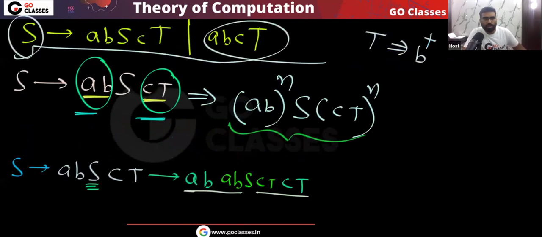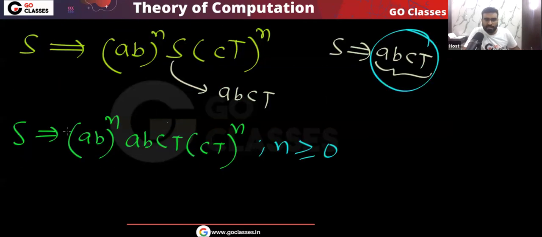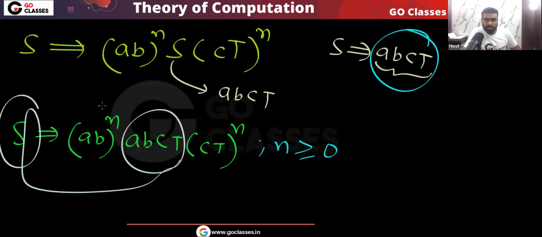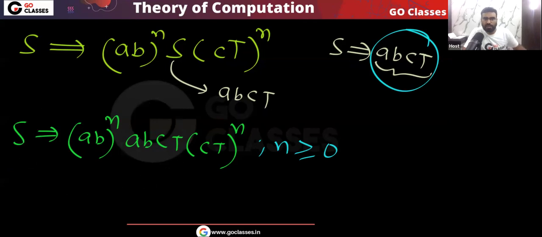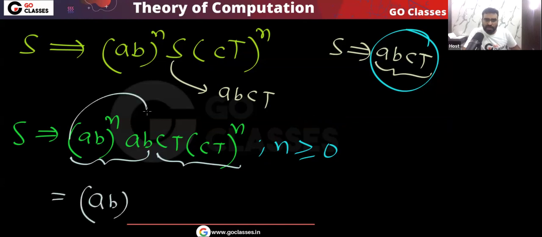This variable S, this can go to ABCT. So this is what I'm saying, that because S can go to ABCT, this n I can take 0 also. So that is the reason I can say that n is greater than equal to 0. Okay, understood? Now you notice this is n is greater than equal to 0. Okay, and there is this combination and this combination, I can combine them. So what you will get if I combine them, because there is at least one AB, there is at least